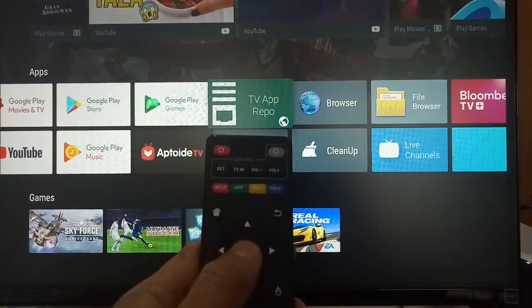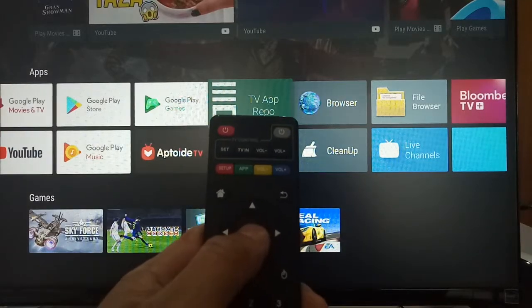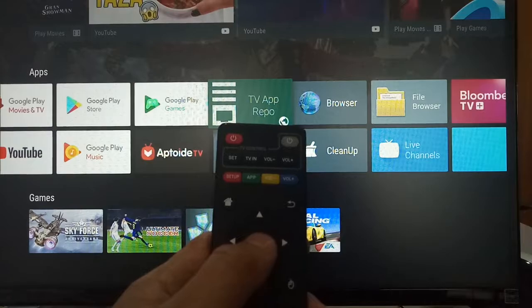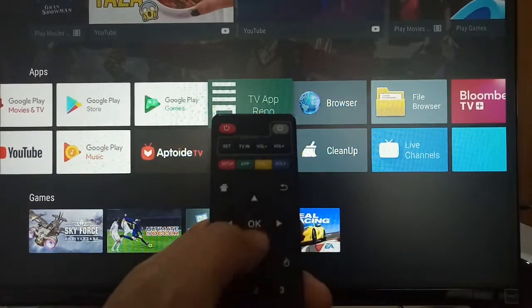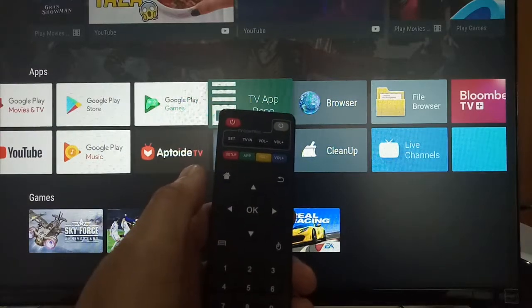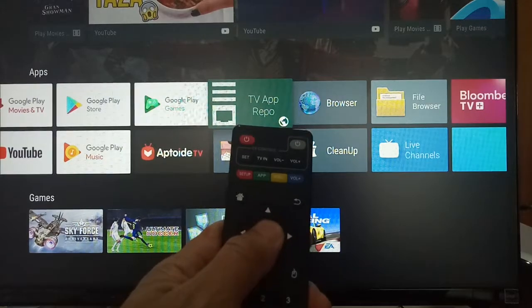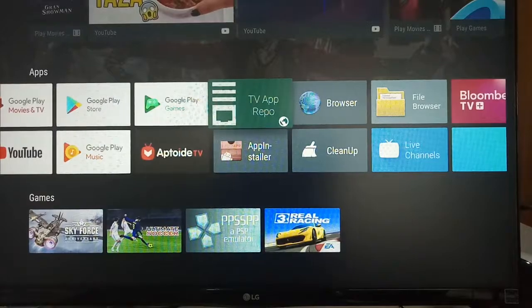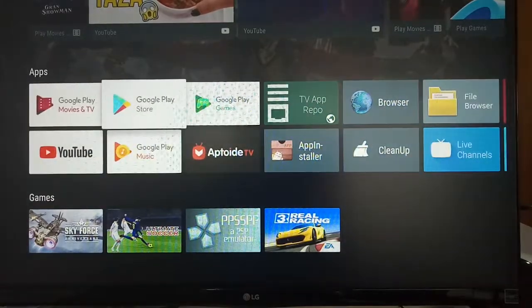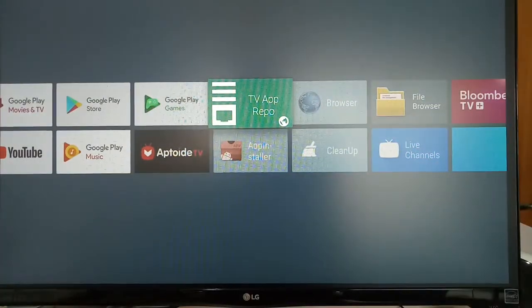Long press OK. Firstly, select the target app you want to move the position of. Then on the remote, long press OK. Long press OK. Then you will see